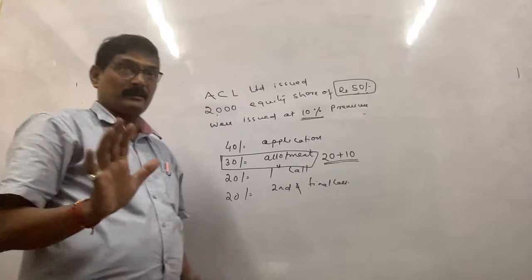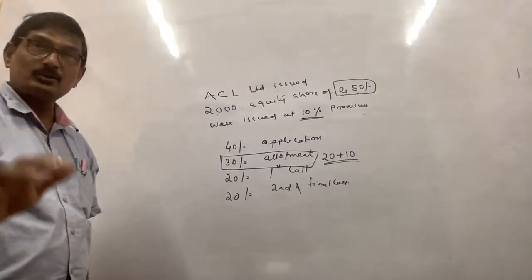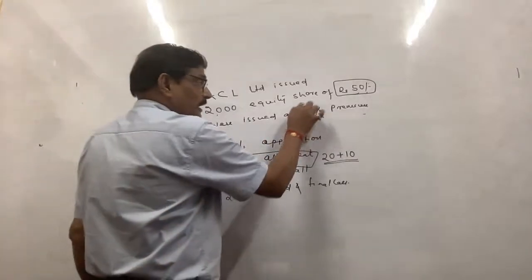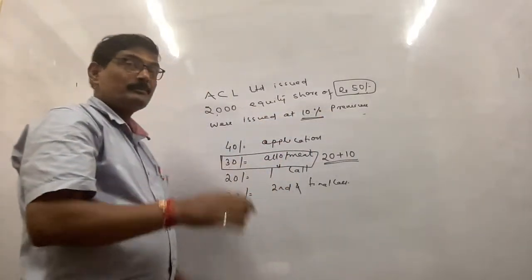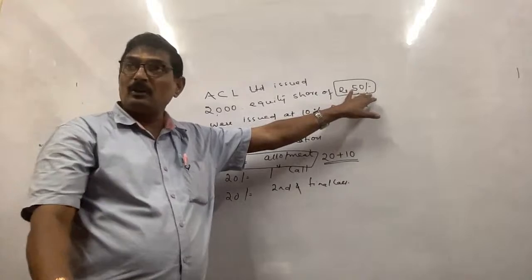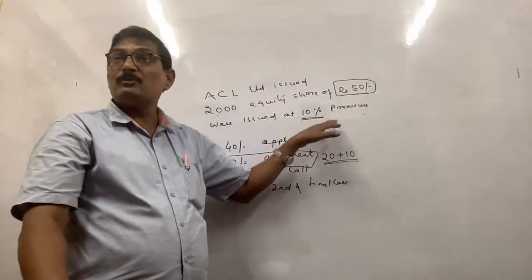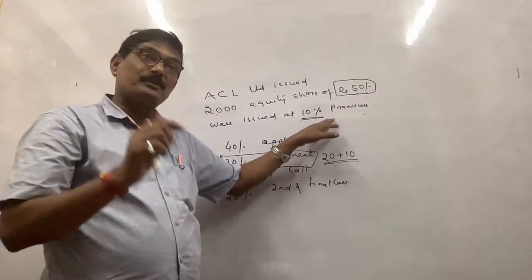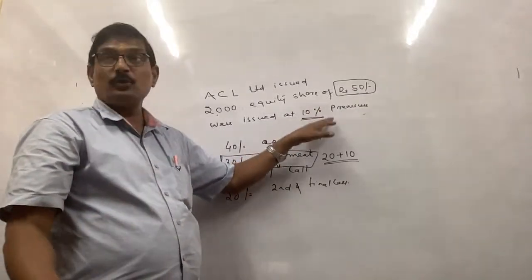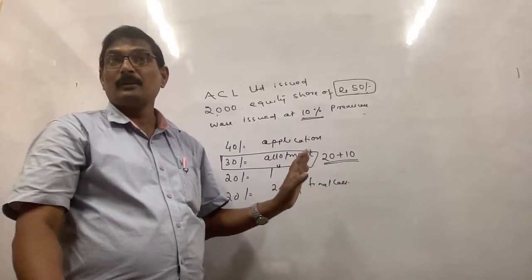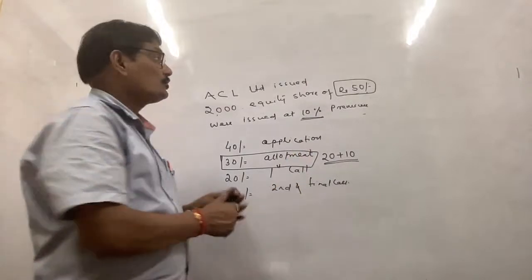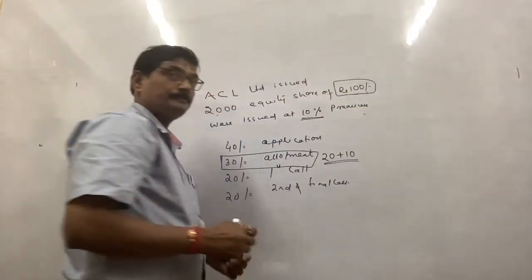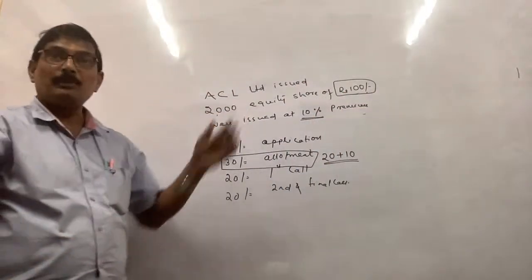It's a very common error. The students do it very often. It is in our mind that 10% means 10 rupees. It is given 50 rupees, the nominal value is 50. So the premium should be how much? 5 rupees, not 10. But it has been seen that the student used to write 60 rupees. Be careful. So here in this question, the nominal value is 100, issued at 10% premium,